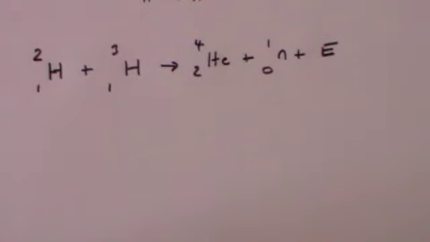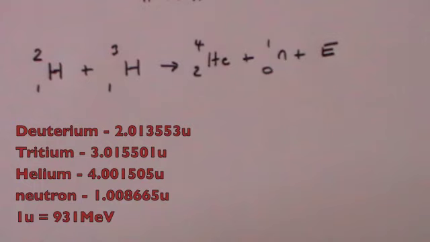This is question 15, this is an equation for a deuterium-tritium reaction, and it's the sort of thing that would go on in a fusion reactor. We've got deuterium plus tritium produces an alpha particle plus a neutron plus energy. And we're given values for the mass units of these different elements. The deuterium,